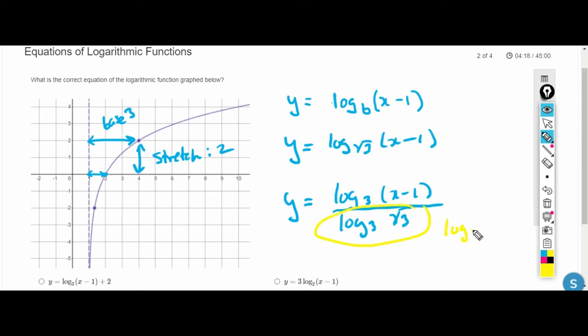This is just log base 3 of 3 to the power of a half. So 3 to what power is 3 to the power of a half? And of course the answer is a half. So we're dividing by a half here, which would mean our final answer is going to have a 2 in front. So there's my final answer in terms of the box here, and you can ignore all that rambling